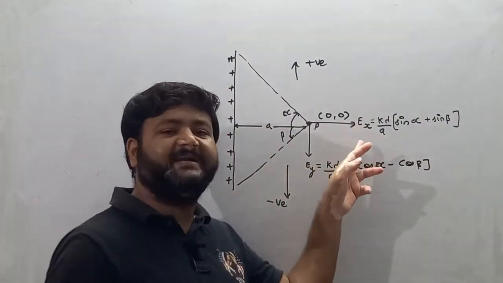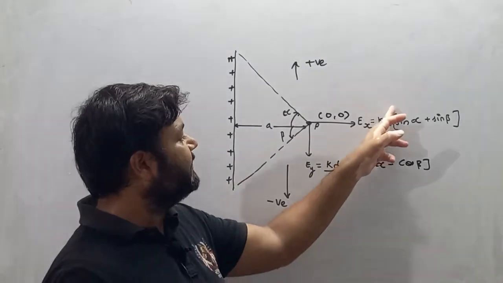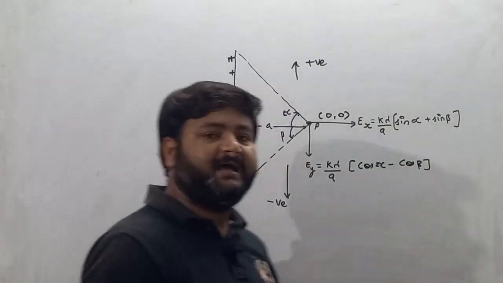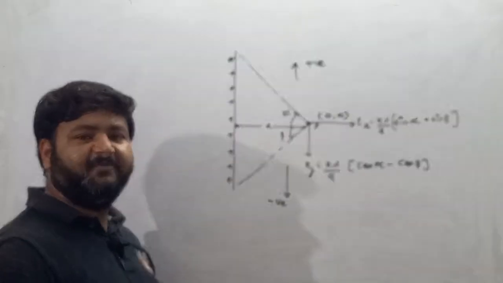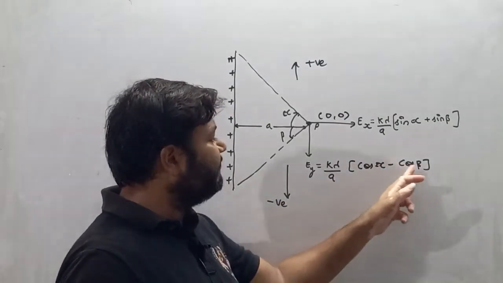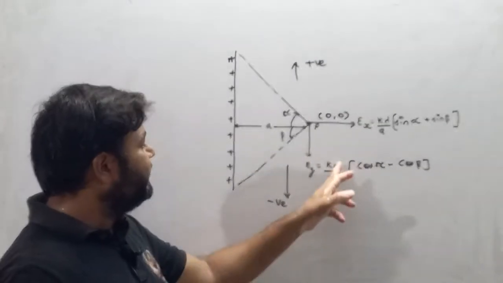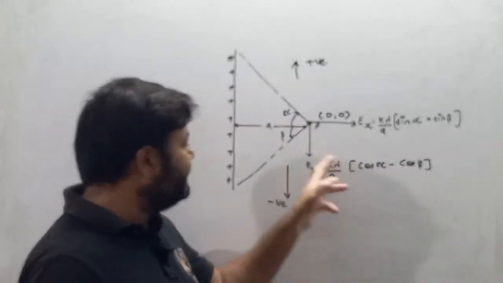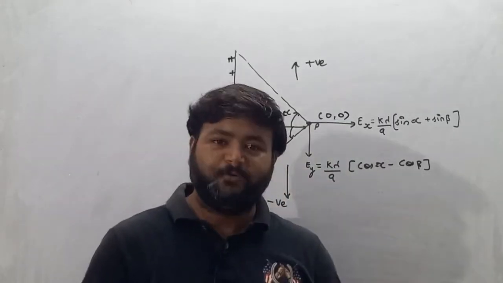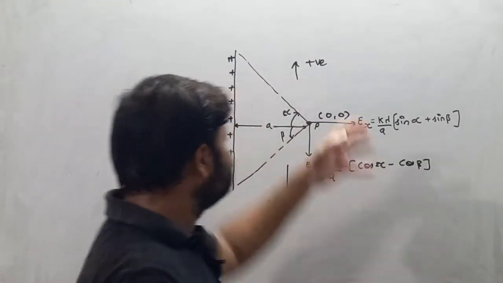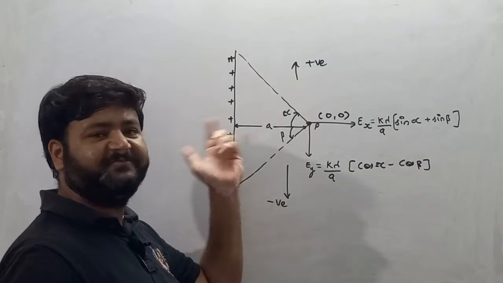So the electric field along the x-axis will be k lambda by a times (sine alpha plus sine beta), and along the y-axis it is k lambda by a times (cos alpha minus cos beta). We know that lambda is charge per unit length, that is Q by L, and k is Coulomb's constant, whose value is 1 upon 4 pi epsilon naught,